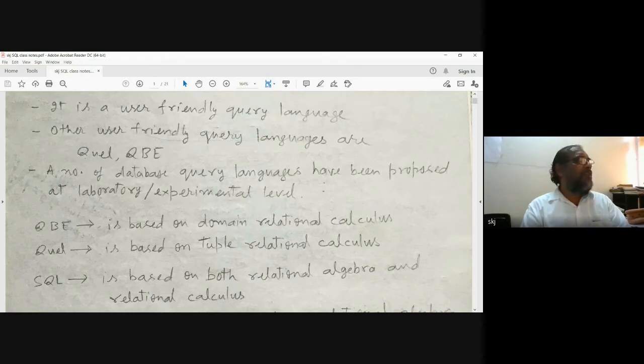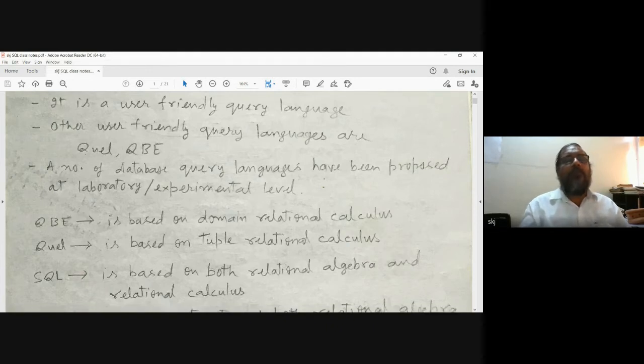Query language means we put some query to the database and it retrieves the data from the database. Other user-friendly query languages are QUEL and QBE. They are also popular languages, but SQL is much more popular.